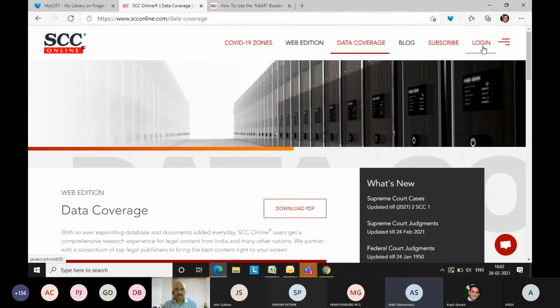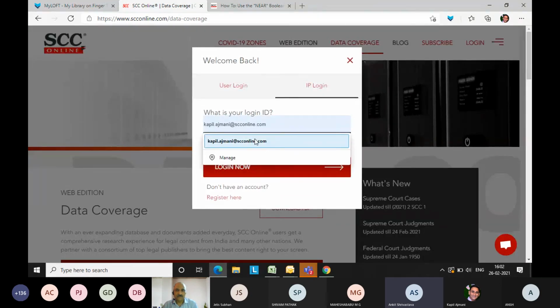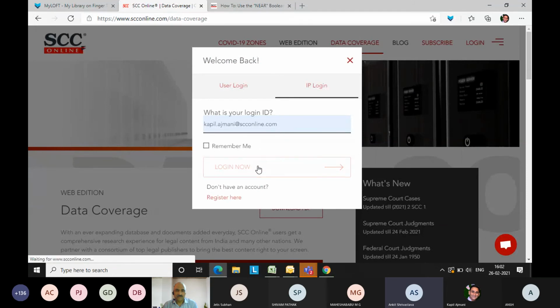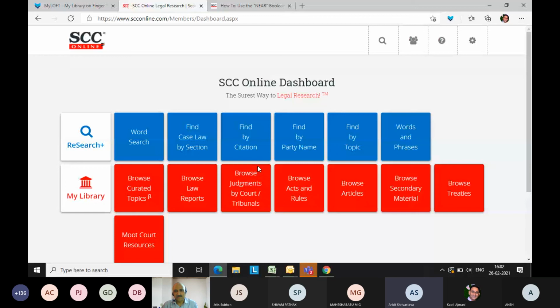But as you demonstrated, it has a lot more than just finding cases of which they already know the citation. If they utilize the whole of SCC Online, it is not only going to help them with their research, but will also make them very efficient.